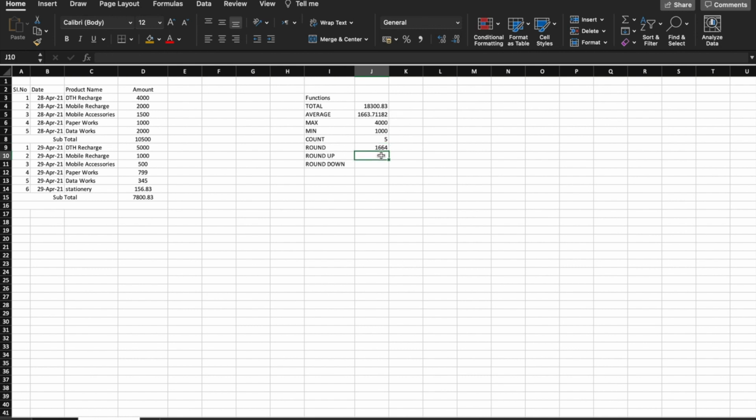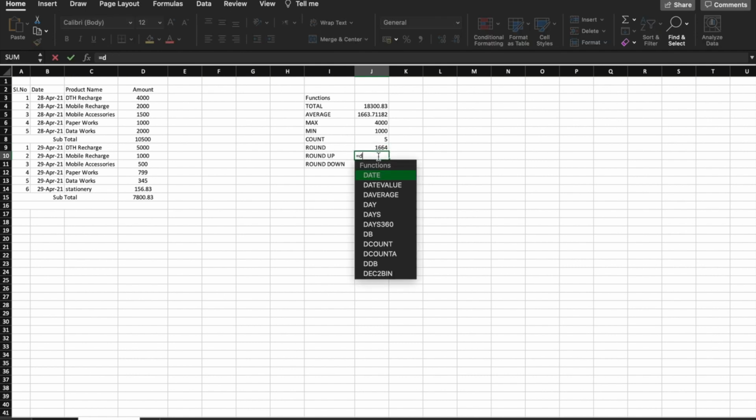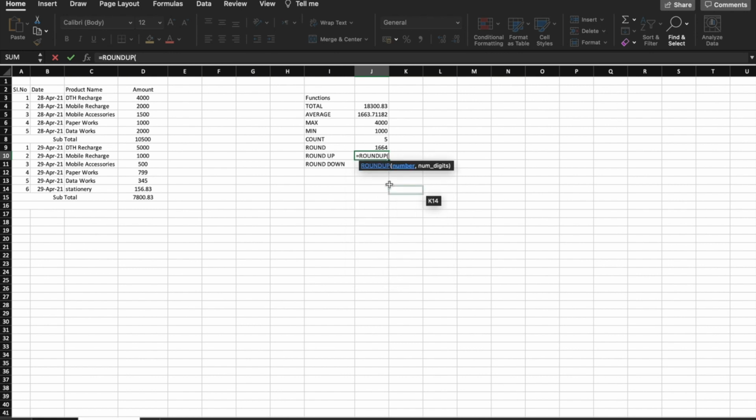And round up value. Round up value is the same as round. For example, round up, this is the value, comma 0. And round down value: equal to this is the value, comma 0.